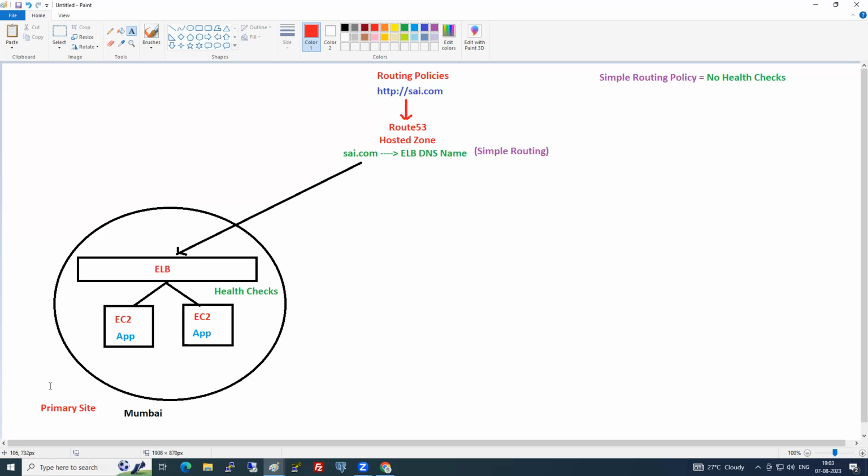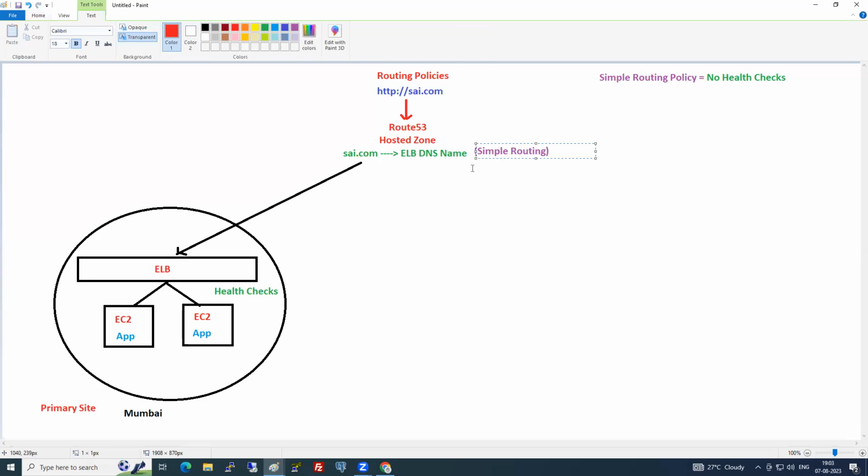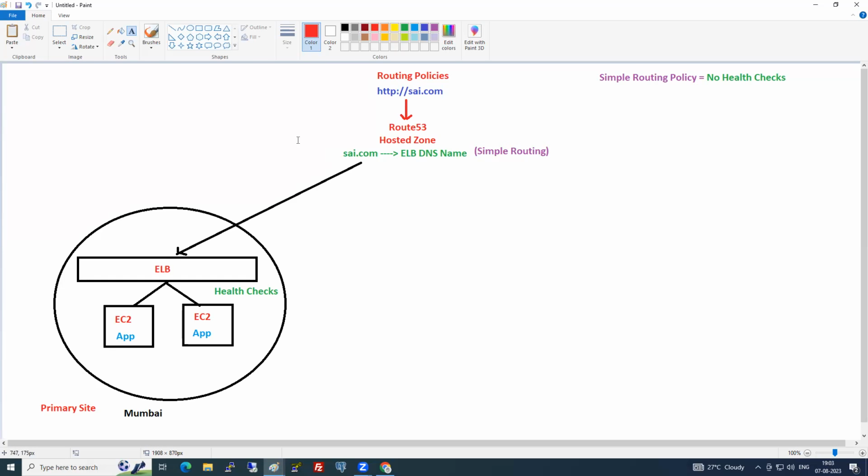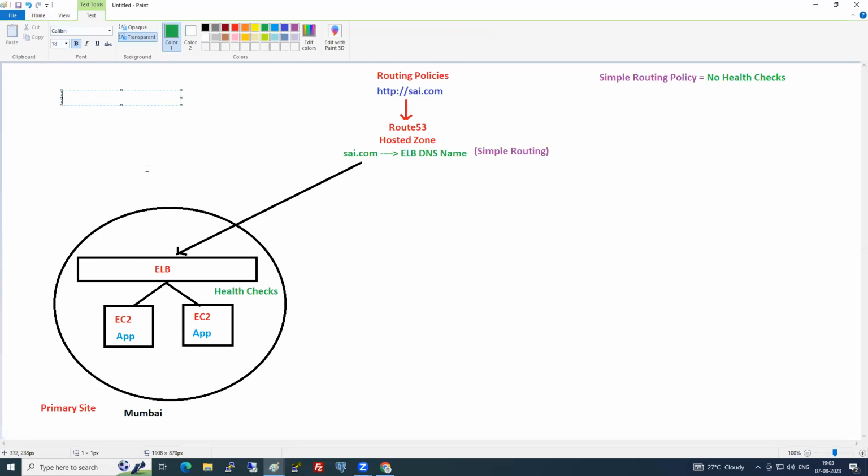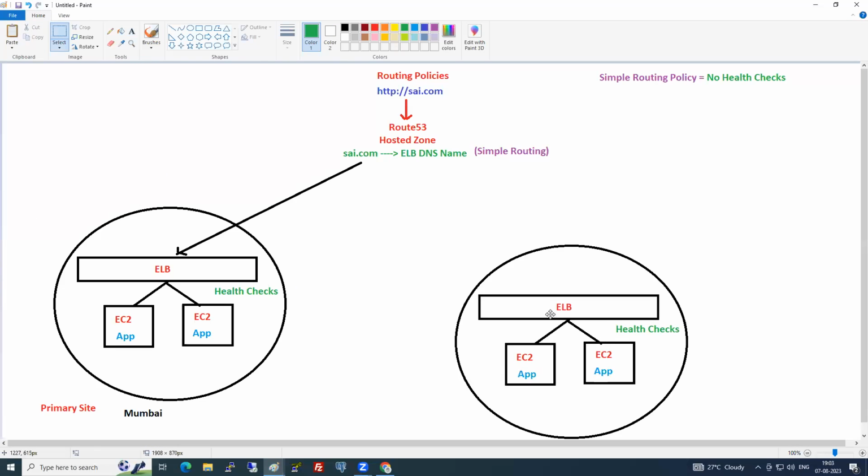So if you want high availability for your entire application, I'm not talking about the simple routing policy anymore. Now I'm saying your website should never go down. So can we have a similar setup like this?